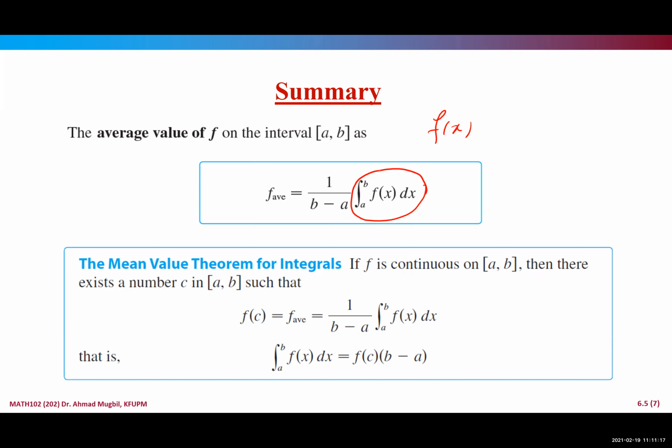If we are talking about the mean value theorem, which is of course just an application for the average value of the function, it says that if you have a continuous function on a closed interval, then there must be at least one number inside this interval, or even one of the endpoints, at which the value of the function will be equal to the average value of the function. In other words, the integral of the function will be equals to the value of the function at that number multiplied by the length of the interval. This is what I want you to recall more when we are talking about the mean value theorem of integrals.